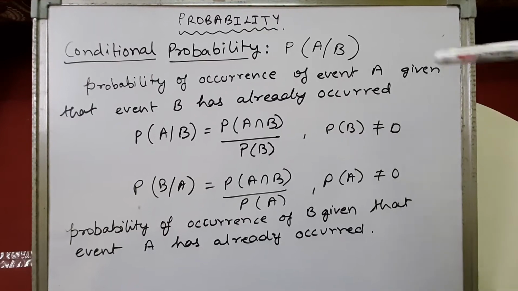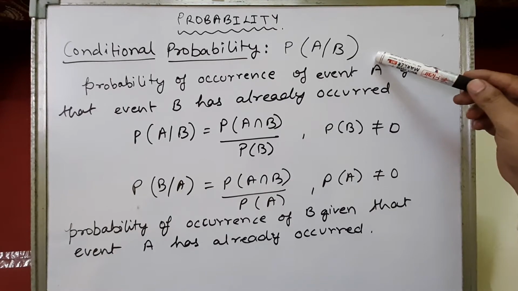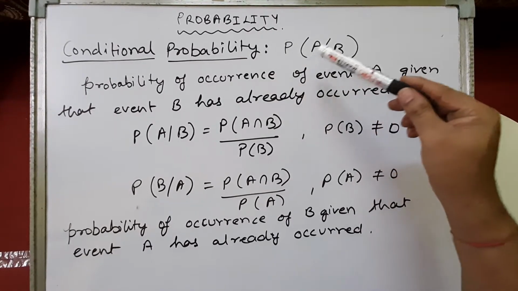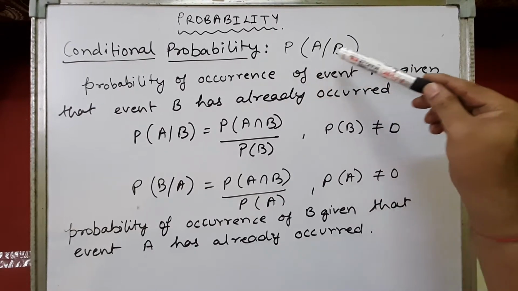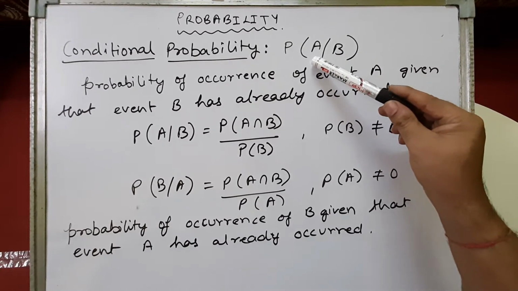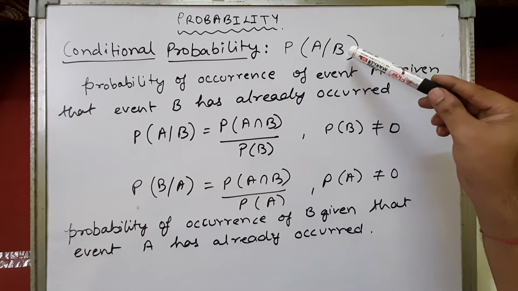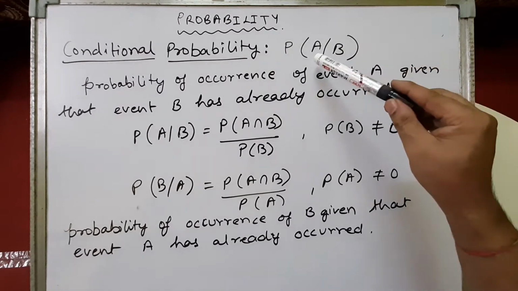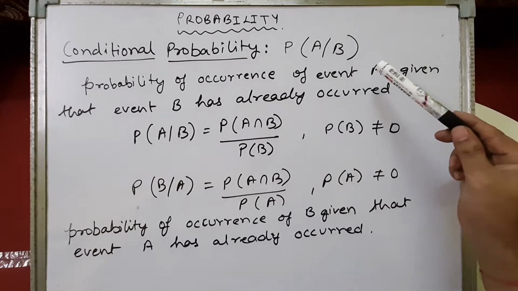Children, today we are going to study the next exercise of chapter probability, which is based on conditional probability. What is conditional probability? Suppose we have to find the probability of A upon B. So probability of A upon B represents that we have to calculate the probability of A happening, given that event B has already occurred. That means when B has already completed, then A is happening, and now we have to find the probability of happening of A. So this is what conditional probability is.